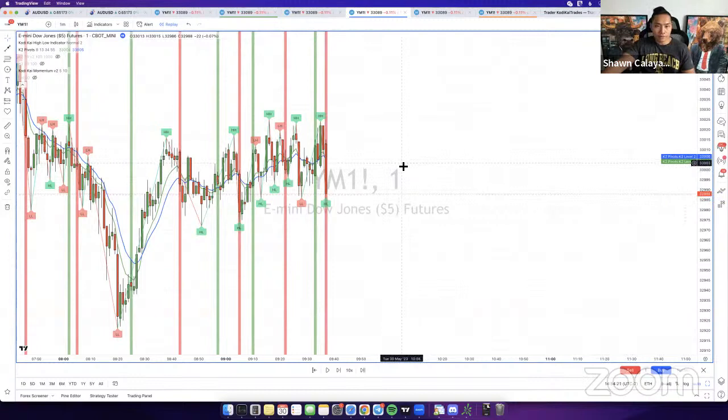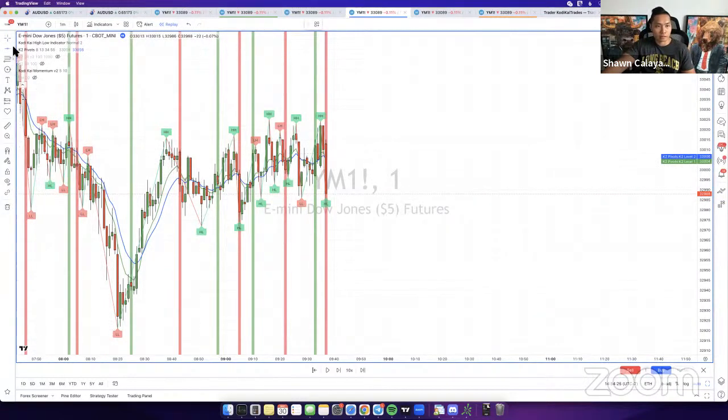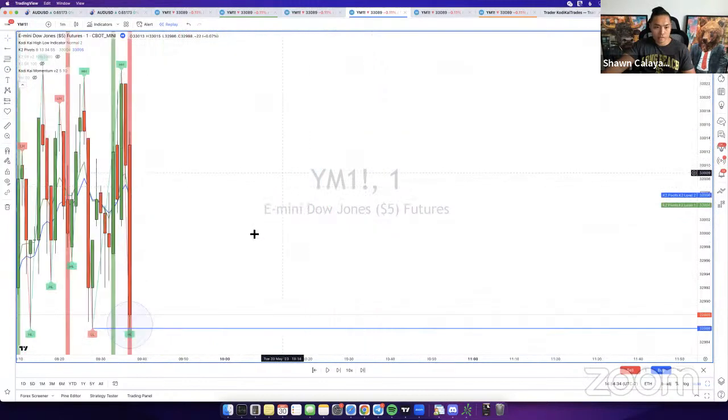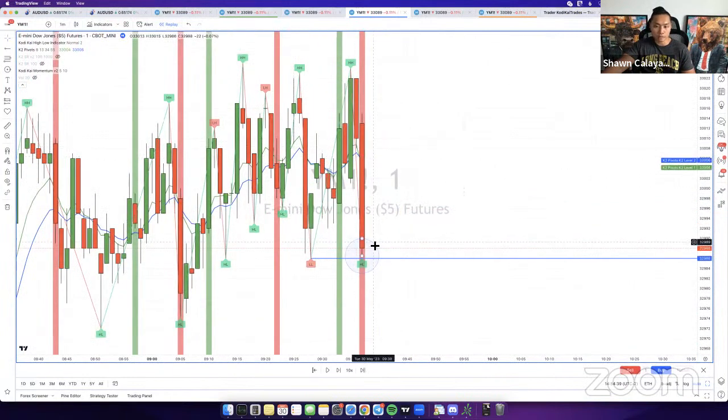The other way that I wanted to show you is when you have liquidity, right? So say, for example, you have liquidity like right there. For me, if price gets really close to it like this right here, I mean, it touched it. But when it gets really close to that, that's when I hit buy or sell. I don't wait for any close of the candle. So if you're looking for liquidity, like how I do in the morning, I'm just waiting for price to get near it. When it gets really close to it, I just hit buy or sell, same as I did earlier, right? And from there, I'm going to be in the position.